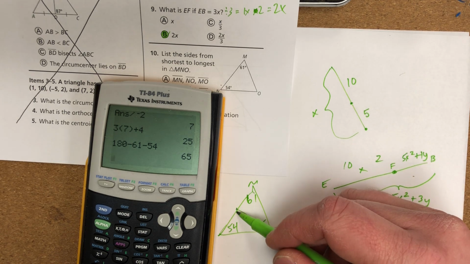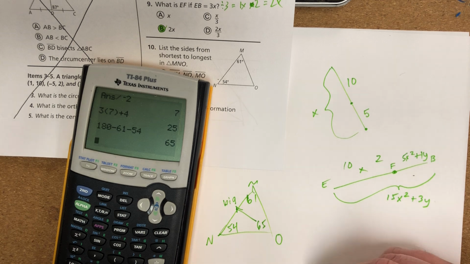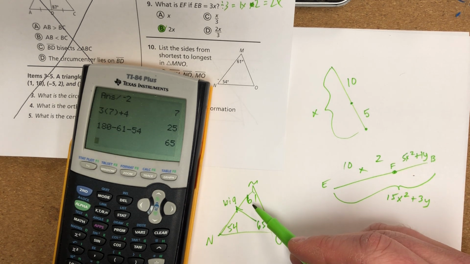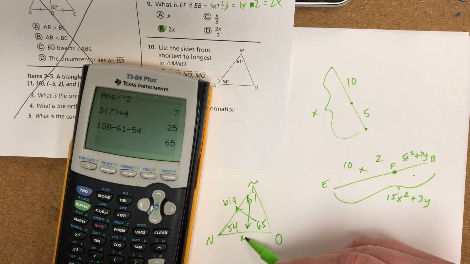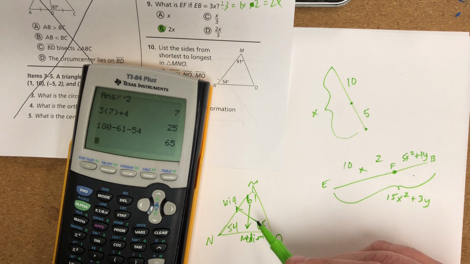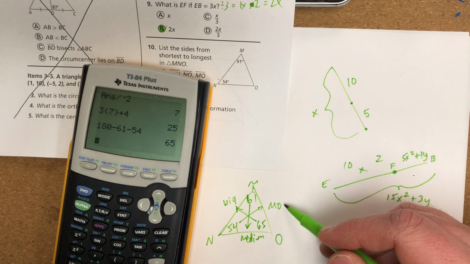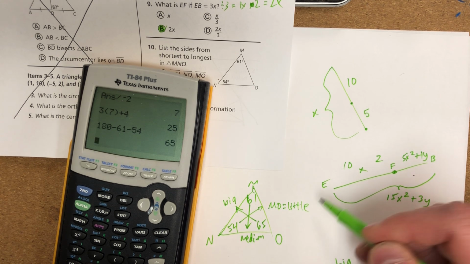Which of those angles is the biggest? 65. That means 65 is across from the biggest side. So the biggest side is NM, that's big. 61 is the medium side, so that's NO, which is medium. And then 54 is across from MO, which is little. Okay, so,